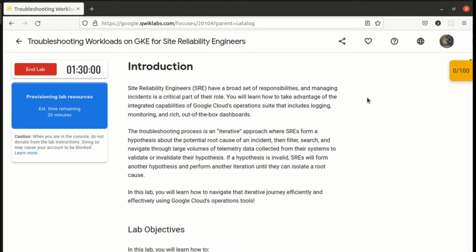The troubleshooting process is an iterative approach where SREs form a hypothesis about the potential root cause of an incident, then filter, research, and navigate through large volumes of telemetry data collected from their systems to validate or invalidate their hypothesis.